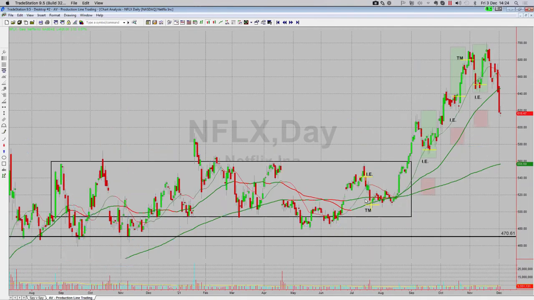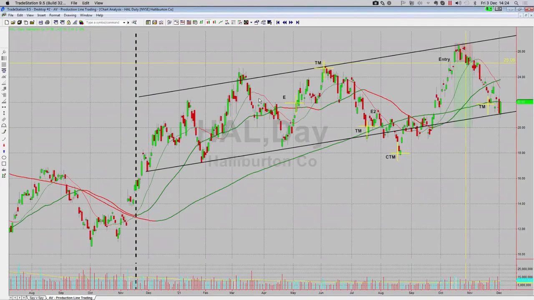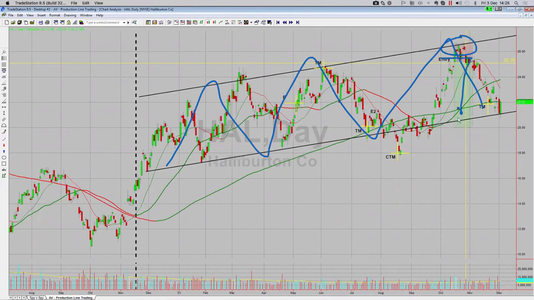Great. Now you know. If you don't believe me with Netflix, go and look at NVIDIA. Go and look at Halliburton. All ranges until something new happens. The same thing has got to continue. We went through this in real time. Sell range highs, profit from a downward movement on Halliburton. Now we're at the range low. Well, guess what? Price is making a lovely V-shaped pattern, something that we look for. We've got to be bullish at the range low because nothing new is developing. I've got to trade it up to the range highs.